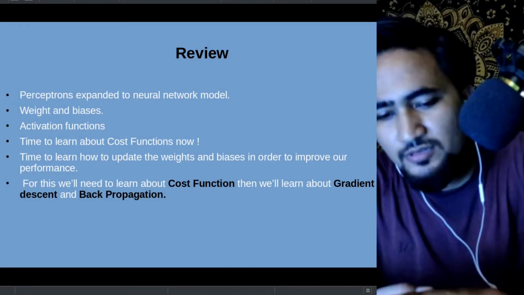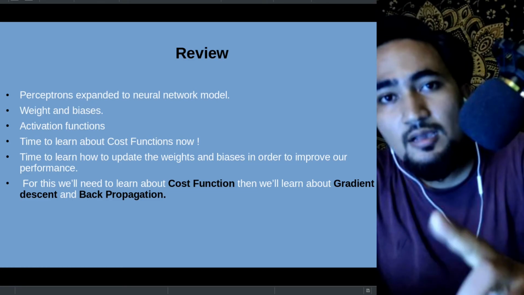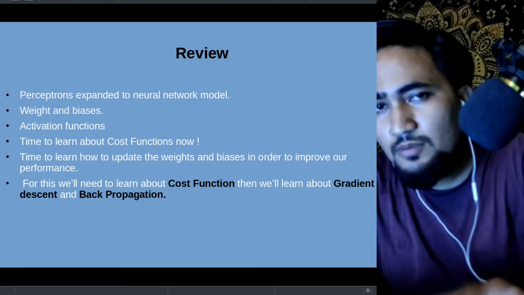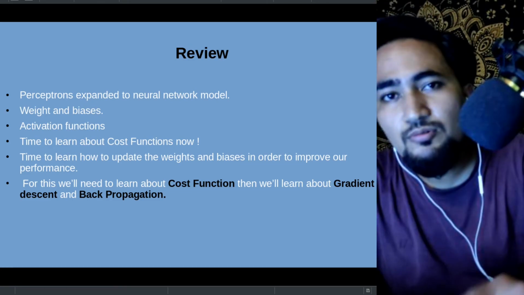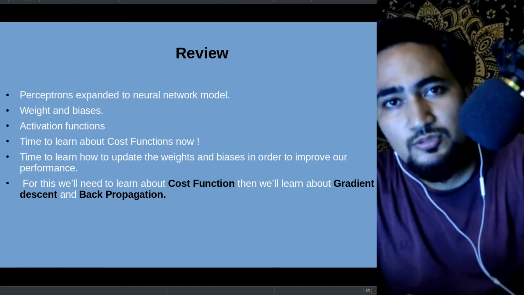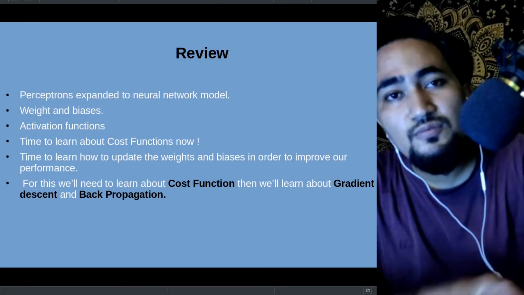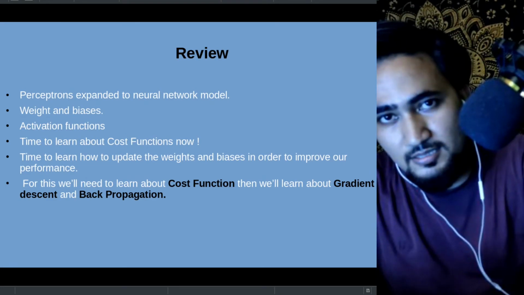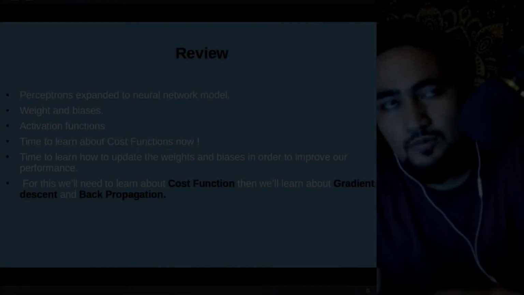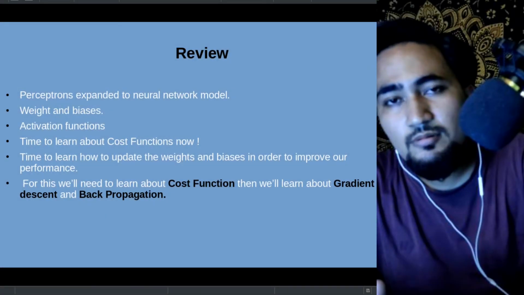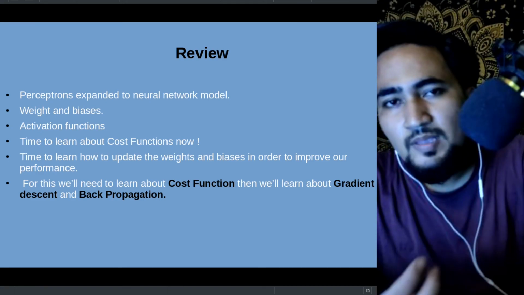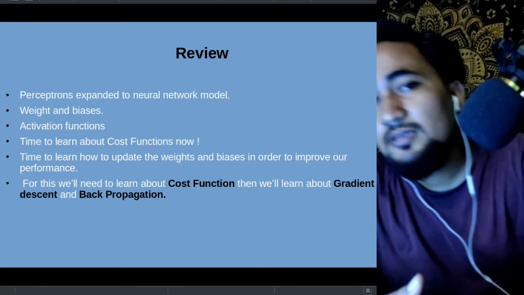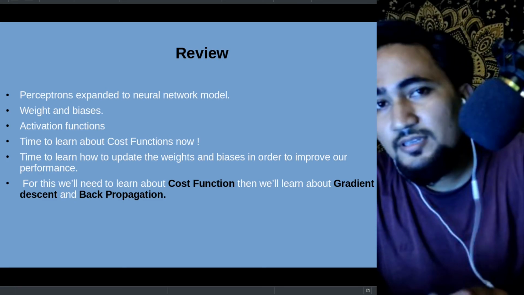You might have noticed that we discussed weights, biases, activation functions, but still we don't know how we apply weights and biases to any neural network. So in upcoming videos we'll discuss how we apply weights and biases in our neural network. For that, we'll need to learn about cost functions and the backpropagation method first, and in another video we'll be discussing cost functions, gradient descent, and